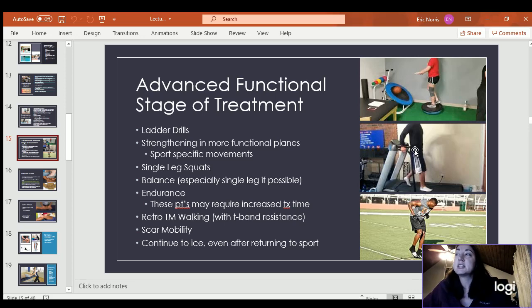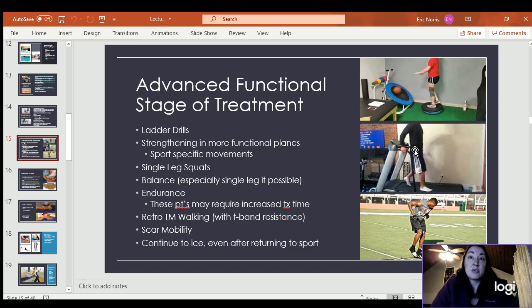Again, single leg movements is a progression. Once they're able to maintain a good pelvis alignment and the knee not buckle, then progress into some of those single leg balance activities on the Bosu ball on various surfaces. You can make it more functional by adding a ball toss and catch on the rebounder or with a therapist. And then eventually